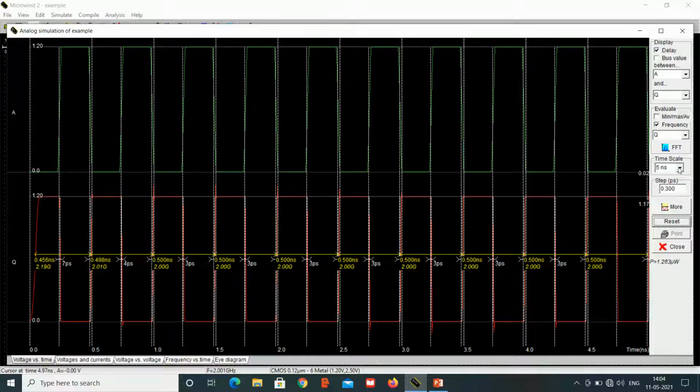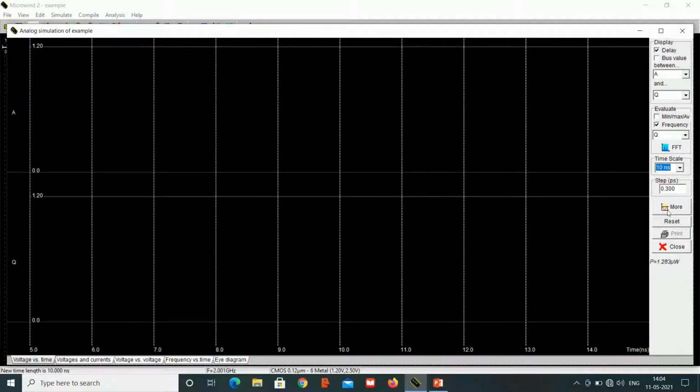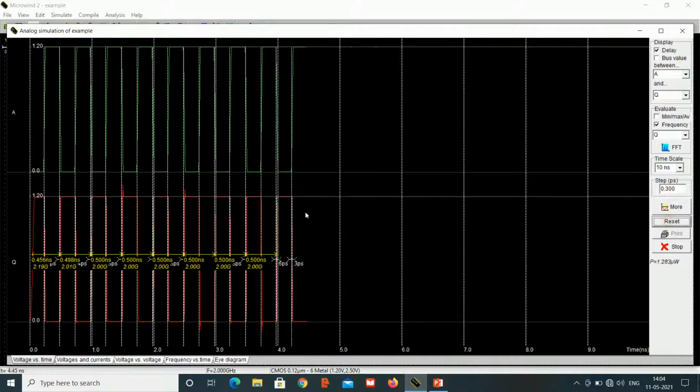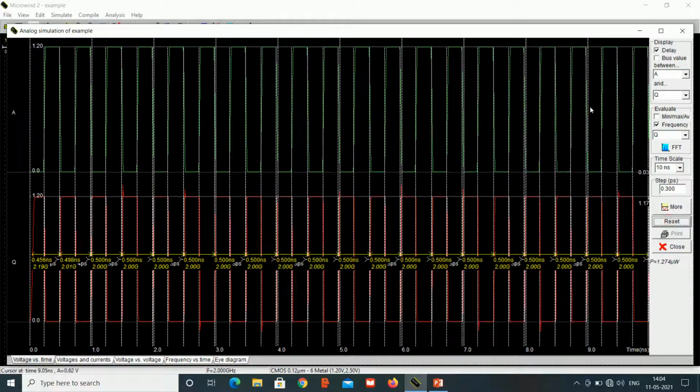Then if we need to change the time scale accordingly, I'll give it as 10 nanoseconds and give reset. So the time scale also has been changed. And the power value is automatically generated by the tool itself. It is 1.27 microwatt. Frequency is done, delay is done, and the power is also done.